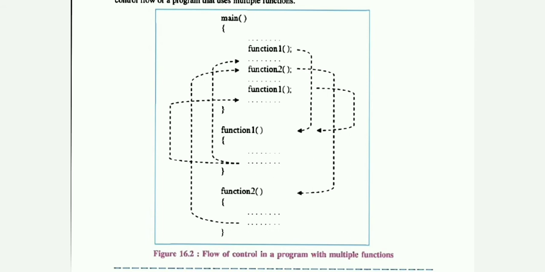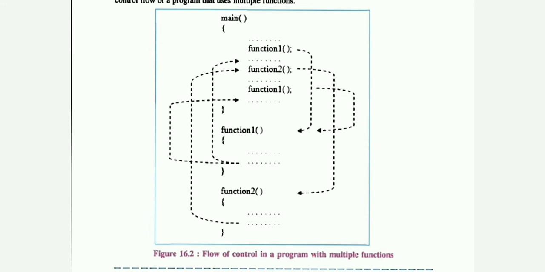So when you call any function by using its name, then the control will transfer to that function body, and whatever is written in the function body will be executed at that time, and then after that control will go back to your main function. So like this the program execution will happen there.